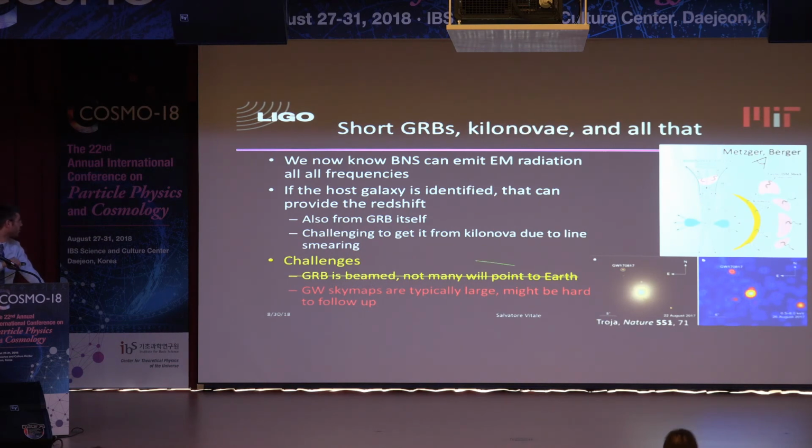The challenges are, or were, before our detection, people were very worried about the fact that GRBs are beamed. Back then, we didn't know how luminous everything else was going to be. And if the GRB is beamed, unless you're very lucky, you're going to miss it. But now we know that these systems emit light at a very large angle, pretty brightly, so we can detect them even if the GRB is not pointing at us. The other challenge is that typically gravitational wave sky maps are much larger than the typical field of view of your telescope. We have heard this earlier today. But these also will get better as we get more and more detectors. Right now we are at tens of square degrees, kind of a ballpark number.